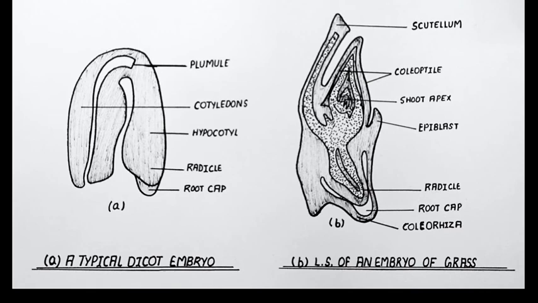Now we talk about fruit. What is a fruit? The ovary matures to form the fruit. A fruit can be fleshy, like orange and mango, or dry, like mustard and groundnut. Now, there are these two types of fruits. First one is the parthenocarpic fruit. What is the meaning of parthenocarpic? Those fruits which are formed without fertilization are called parthenocarpic fruits. One important thing is that they do not have any seed, like banana.